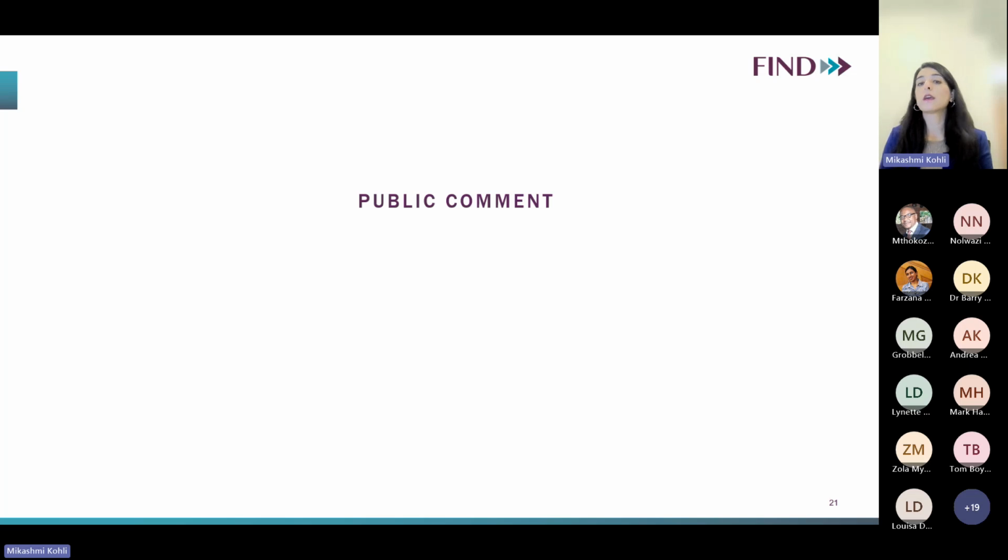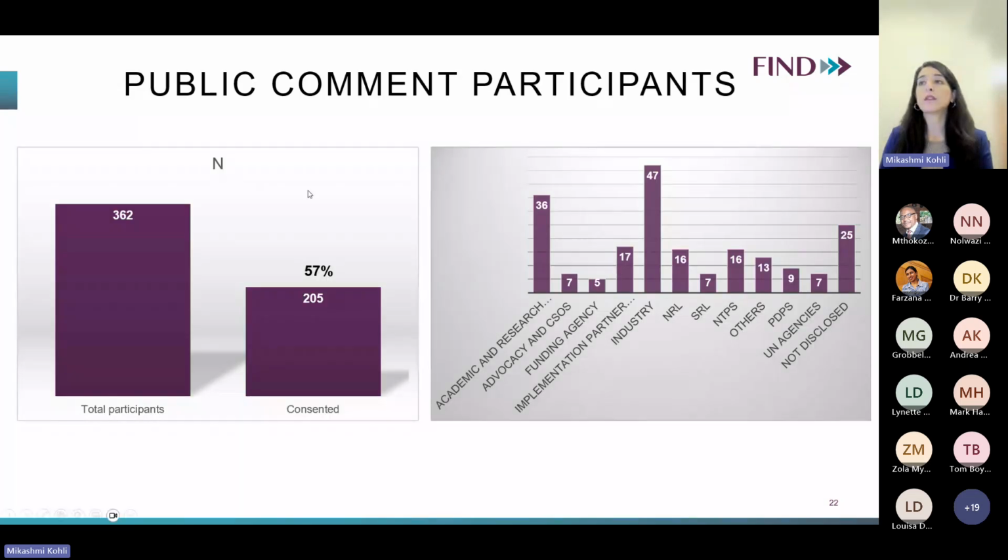People commented on it. And there were over 362 people who actually commented on all these parameters. However, as a WHO policy, we need consent, signing a conflict of interest form, etc. And only 57% agreed and consented to that. So we could only use results from these 205 people. And the graph here on the right basically shows the different stakeholder groups. So we had a lot of people from the industry, as expected, providing comments. We also had people from academia, research groups, from NRLs, SRLs, UN agencies, implementation partners across the globe who provided